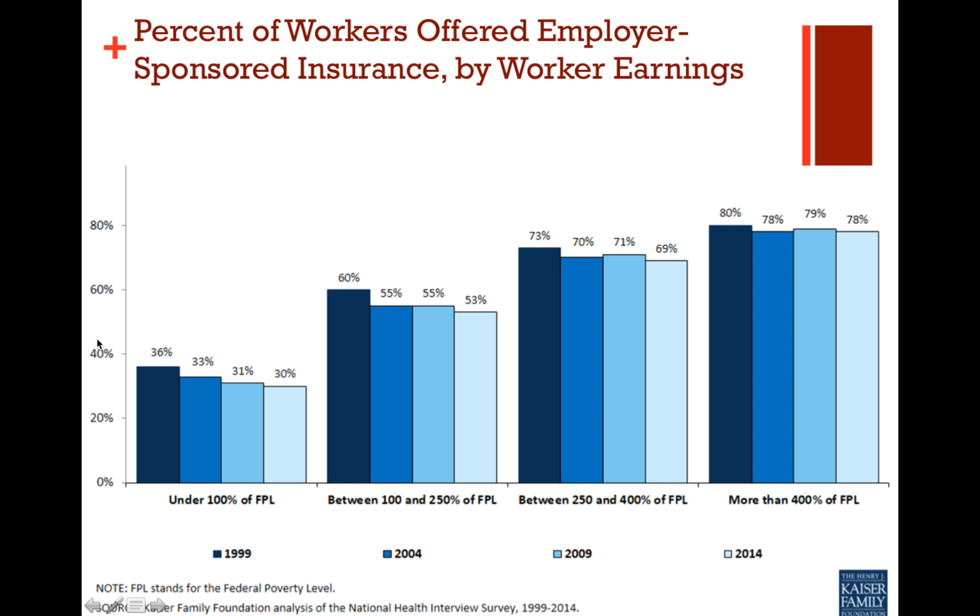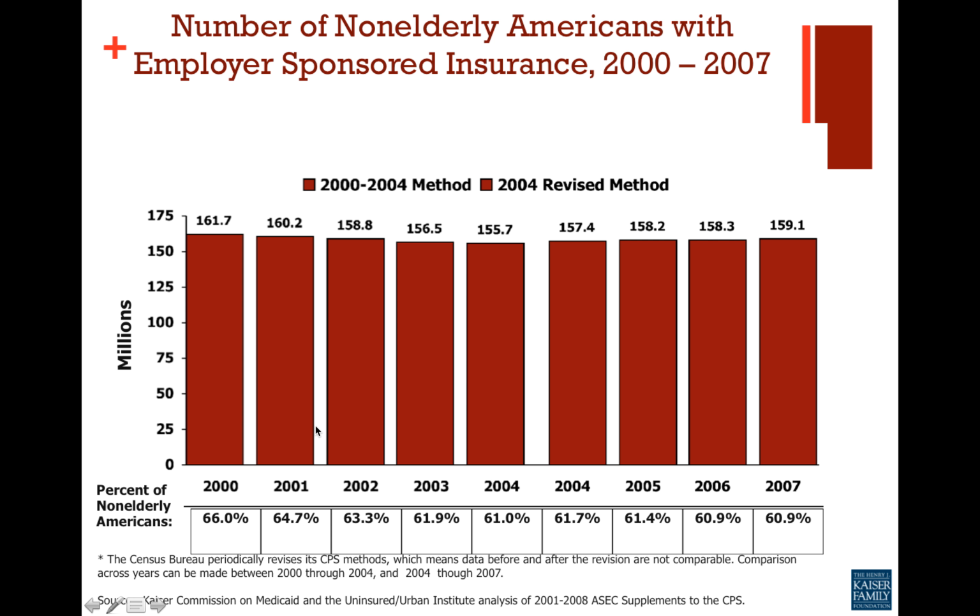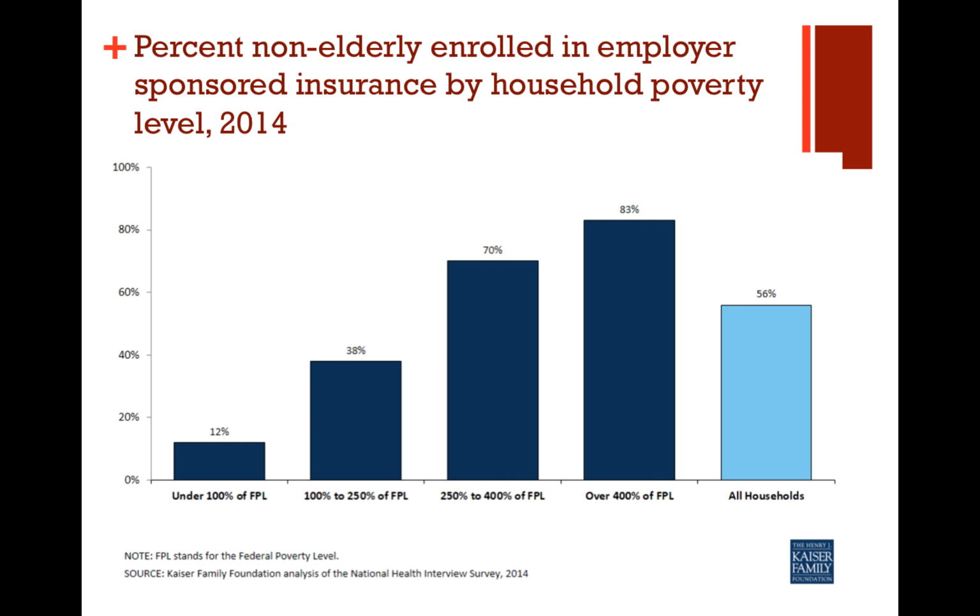A more complex look at this is looking at, again, low income, low-middle, high-middle, and high income. And what we have seen is that the percent of workers offered employer-sponsored insurance has gone down in each of those categories. So employers are less and less likely to offer insurance. You're still much more likely to get it if you're a high-income worker than a low-income worker, but it's gone down across the board. And again, it's an older slide, so I'm going to skip past that.